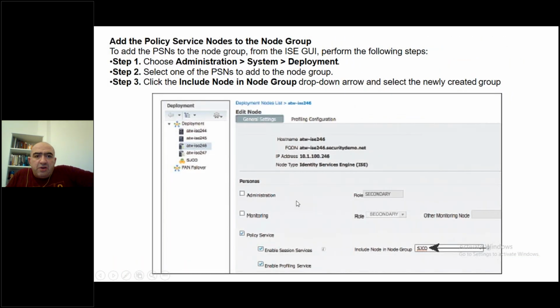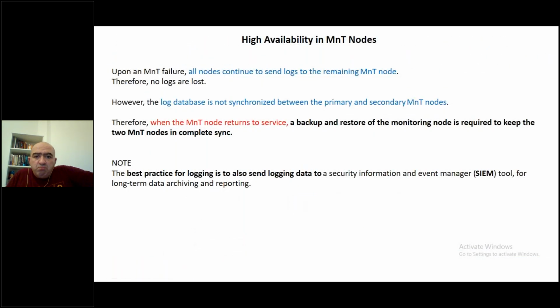And we understand how to create the groups. For high availability in monitoring nodes, you have one primary, one secondary. You need to do it manually for the monitoring node, to promote it from secondary to primary. Just remember that you will have an issue when the primary returns back. If you have a secondary node and this secondary node is now going to be primary because the primary is not available,